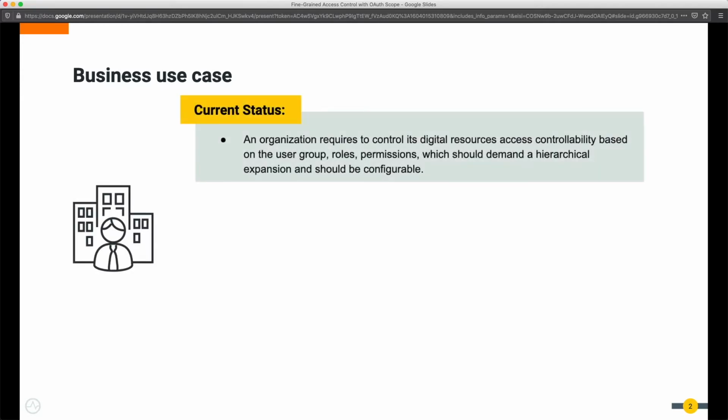Let's focus on the business use case. An organization requires to control its digital resource access controllability based on the user group, roles, and permissions, which should demand a hierarchical expansion and should be configurable.